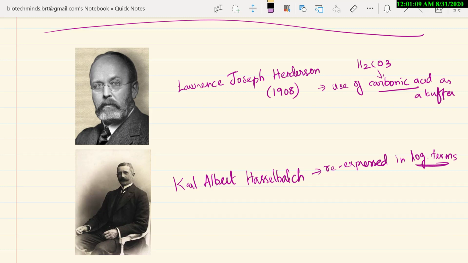That is what formed the Henderson-Hasselbalch, or HH, equation. Henderson is the initial person to find that equation, that's why his name is given first. Later Hasselbalch converted this equation in terms of log so that it can be applied to many other things. After Hasselbalch found these logarithmic terms, this formula, pH equals pKa plus log of base over acid,